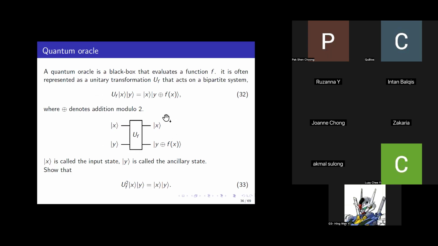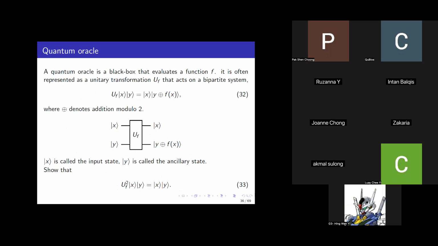That's essentially what it does for this particular oracle. So the qubit, okay, I wouldn't say it is a qubit because later on it will be generalized. But basically, the X state is what we call the input state, and the Y state is what we call the auxiliary state. Okay,